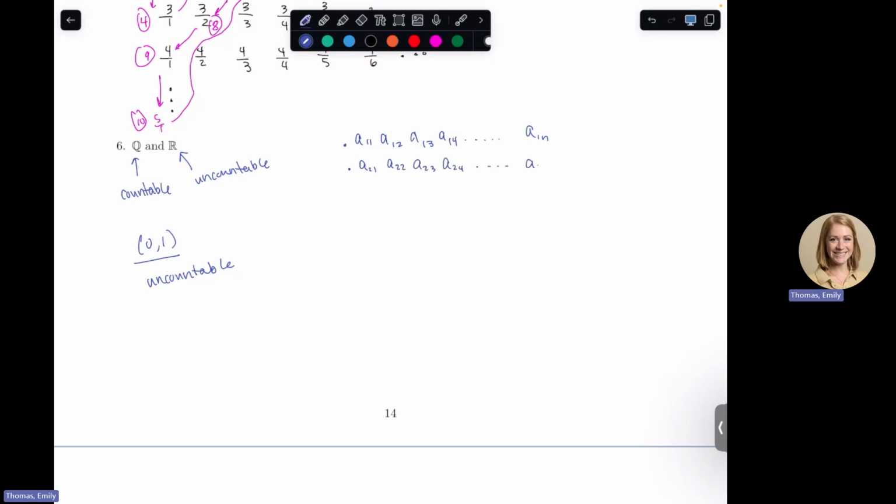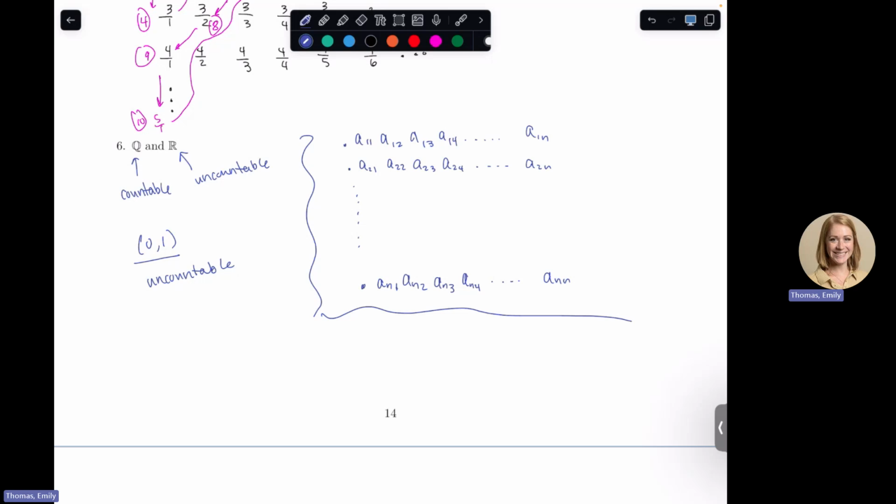I've got this setup happening, and then this is going to go all the way down to the last one because I can make a whole list. So A_N1, A_N2, A_N3, A_N4, and then this would be A_NN. So this is my completed list of all of the decimals between 0 and 1,